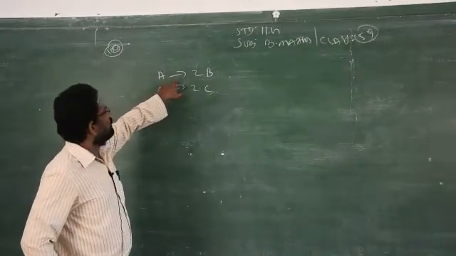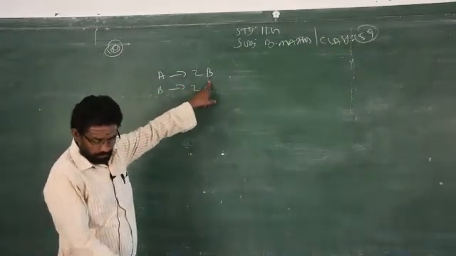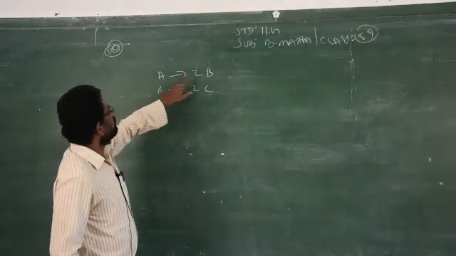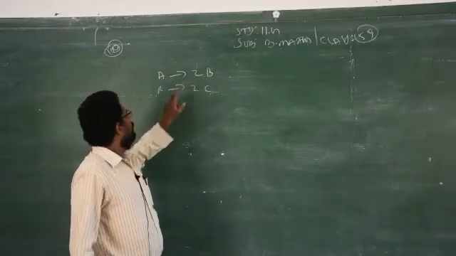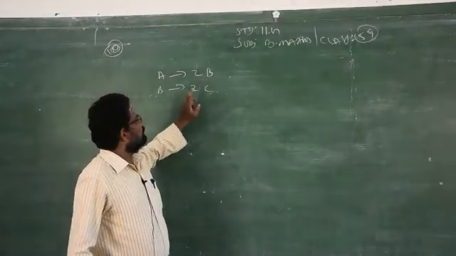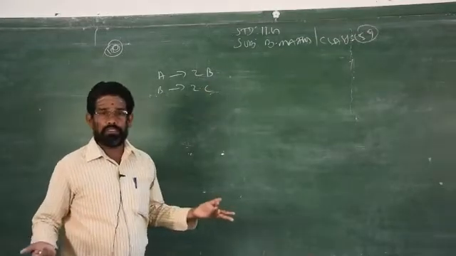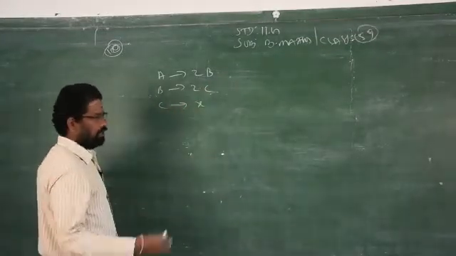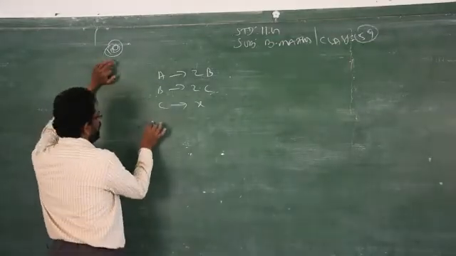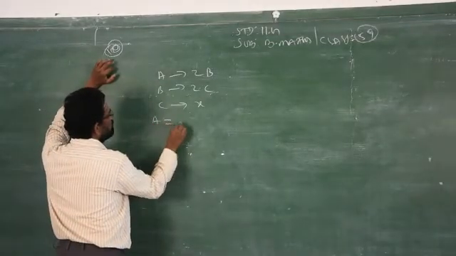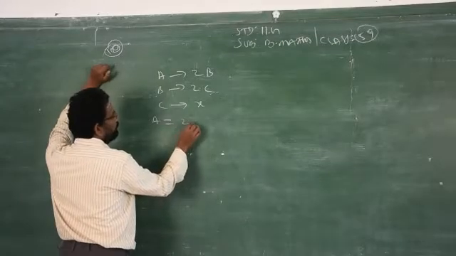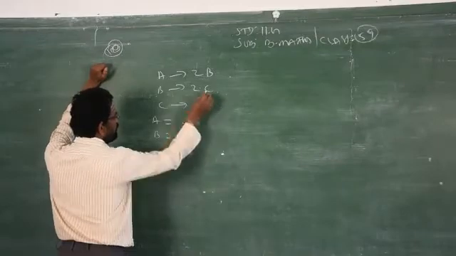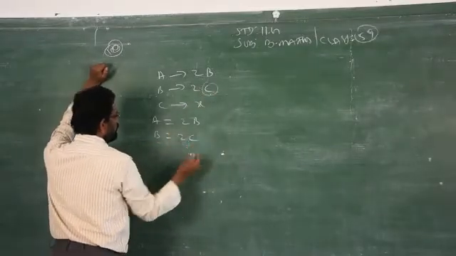A is twice of B. You see the statement, A is twice as likely to win as B. So A is 2 times the chance of winning of B, and B is 2 times the chance of winning of C. I don't know what C is, so therefore you have to take C equal to X, or whatever the alphabet. Now you can find out what A is. A is 2 times B and B is 2 times C. I consider C as X, so B is 2C.